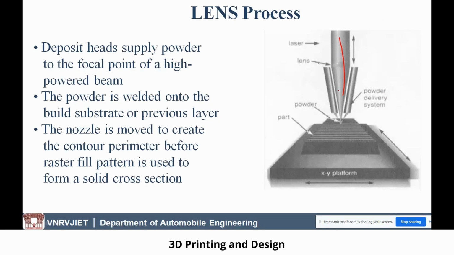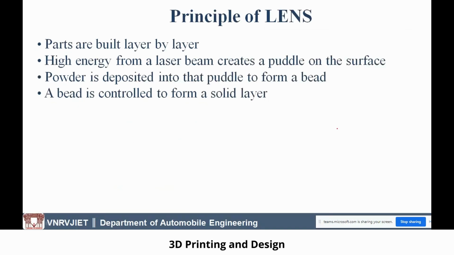at the middle or inner orifice and surrounded by two powder delivery channels. So the powder is coming from here, it is depositing over here. At the same time, the laser beam is focusing at this location. So that laser beam will melt that location. And as the laser beam is moving to other directions, the molten metal at that location will be solidified. Okay, so the principle I have already told,